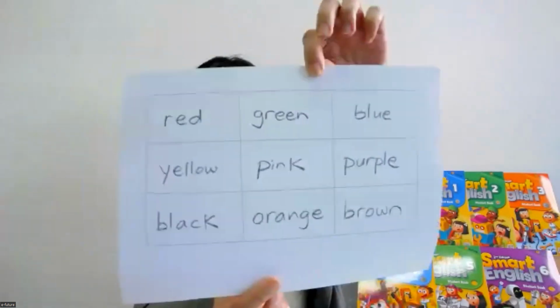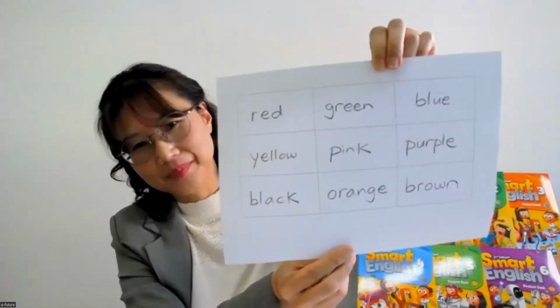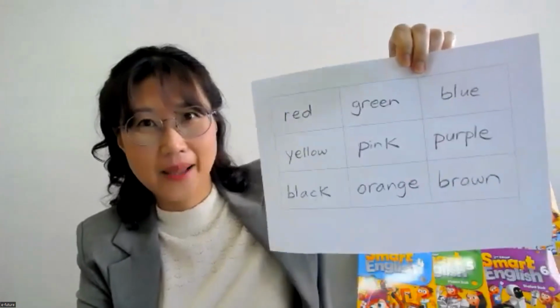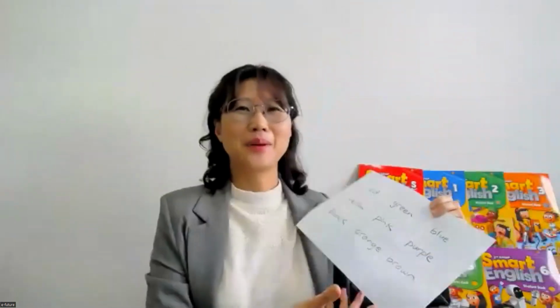Now, you should have something like this, right? All 9 boxes filled. Yeah? Now we can play bingo. Okay? Now we are ready to play the game, right? So you can put the flashcards in the box, in the cup, or in the bag. Okay, you can shake and choose one from the box. Okay, our first color is